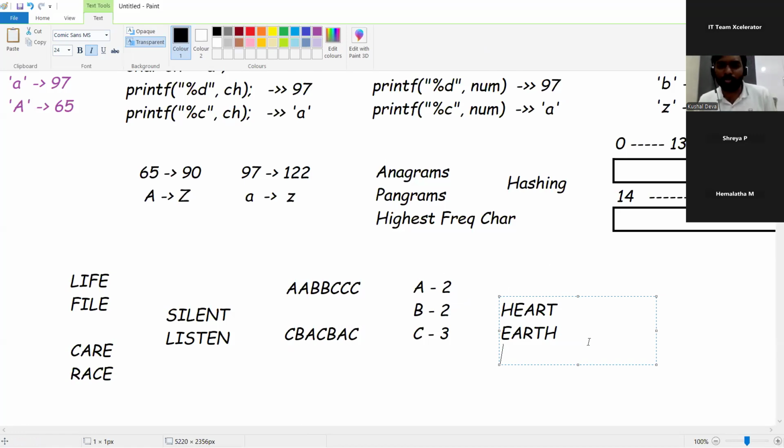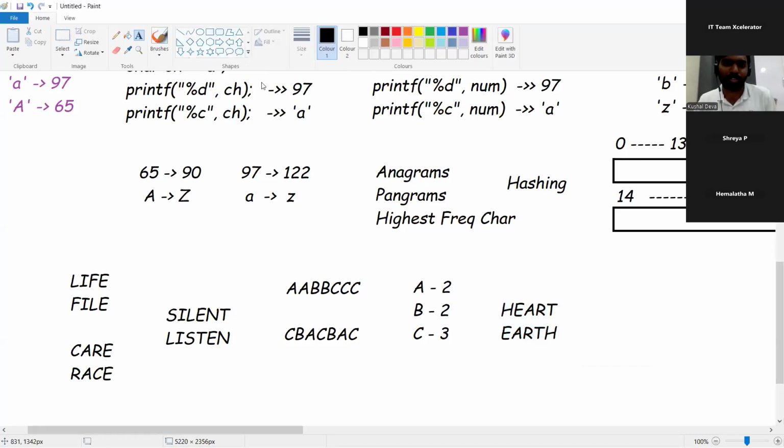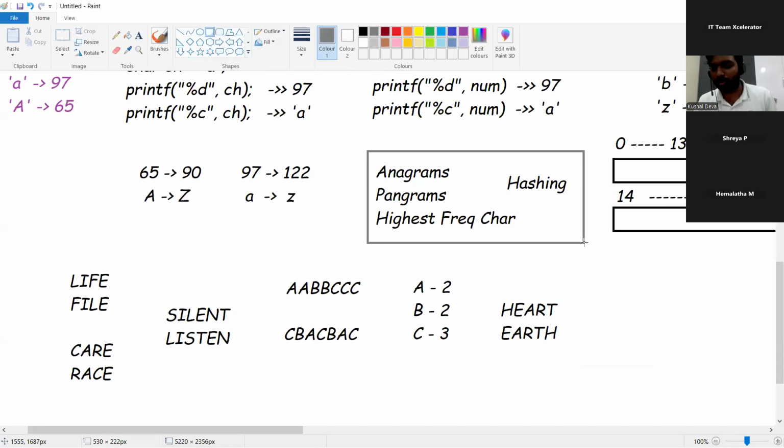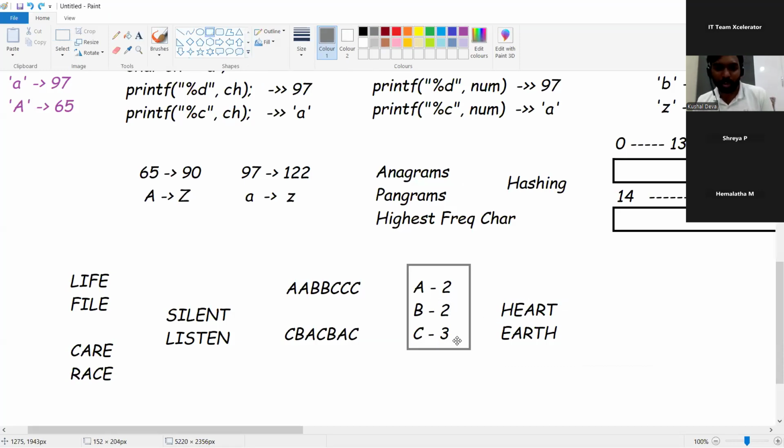In this way, optimization comes into the picture, where we'll go further with the concept of hashing. You would maintain the count of each and every respective character and match them. Did you get the question right, guys? Did you get the question I'm trying to say over here?